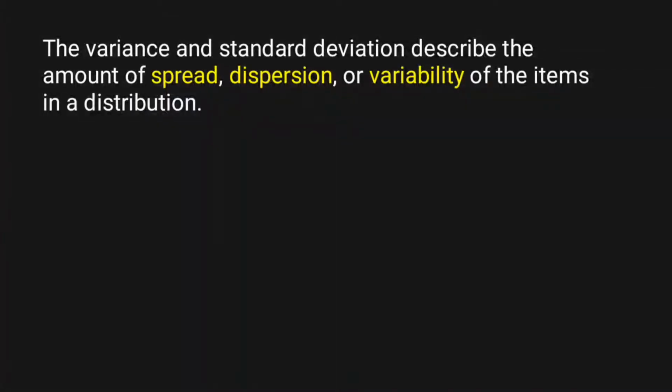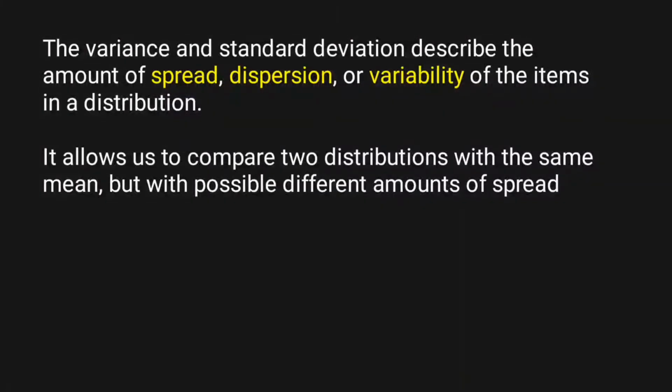Okay, so the variance and standard deviation describe the amount of spread, dispersion, or variability of the items in a distribution. Ayan, so ang sinusukat ng variance ay yung spread, dispersion, or variability. So yung pagkakaiba-iba ng bawat item sa distribution. So it allows us to compare two distributions with the same mean but with possibly different amounts of spread. So kung meron tayong dalawang distribution na parehas ng mean, tapos magkaiba siya ng